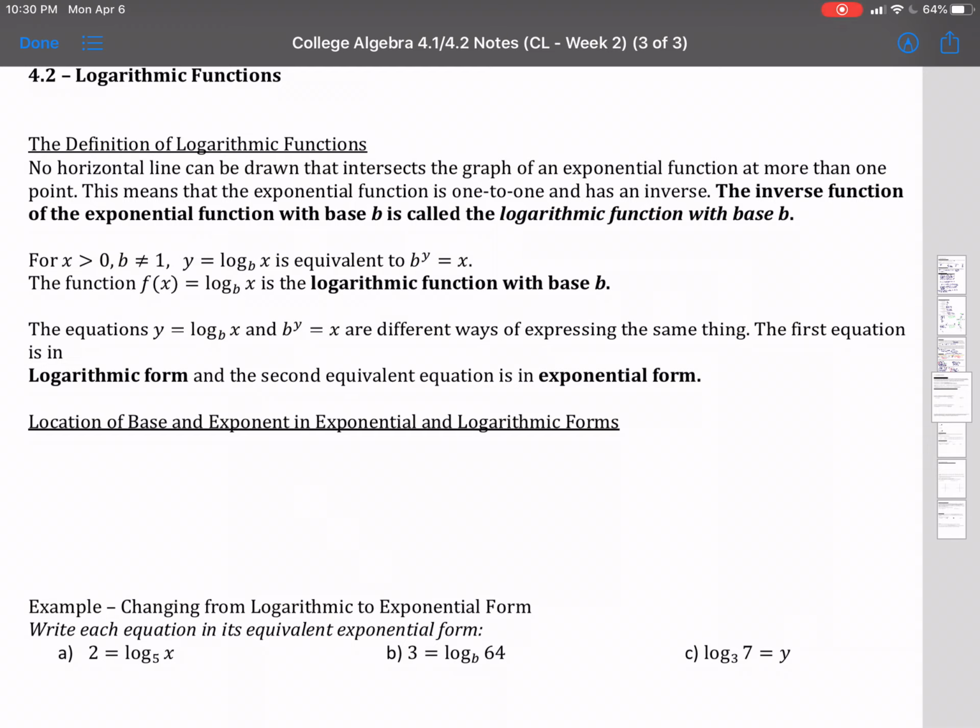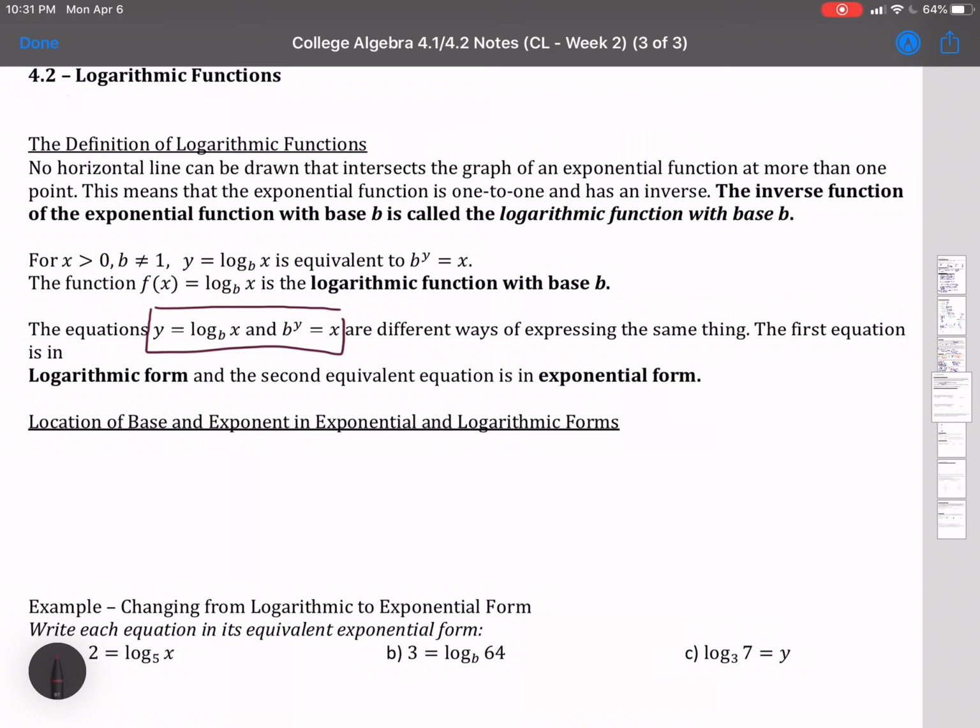So for x greater than 0 and b not equal to 1, y equals log base b of x is equal to b to the y power equals x. The function f of x equals log base b of x is the logarithmic function with base b. The equations y equals log base b of x and b to the y power equals x are different ways of expressing the same thing. So these two expressions